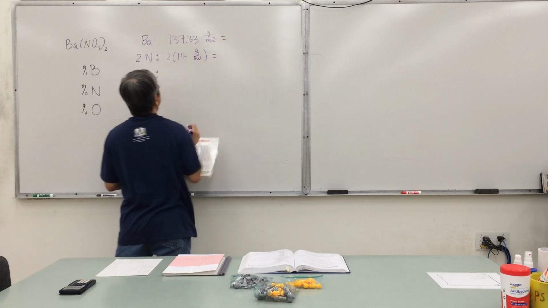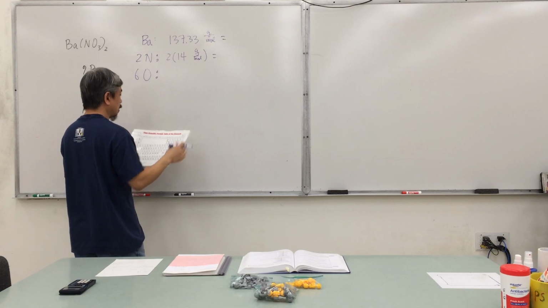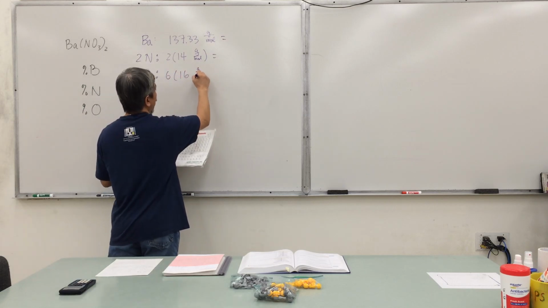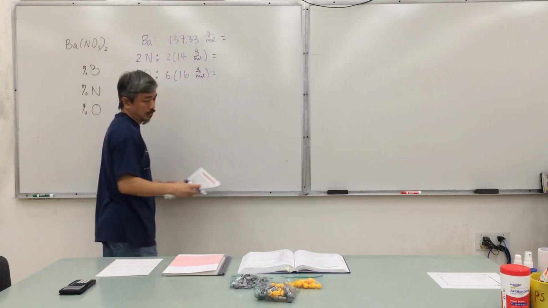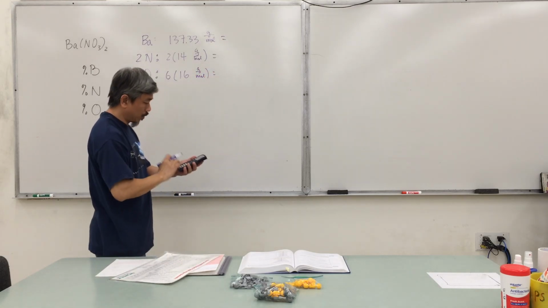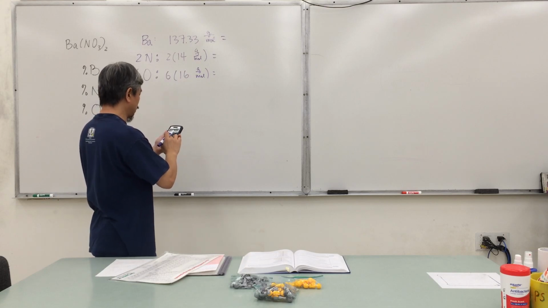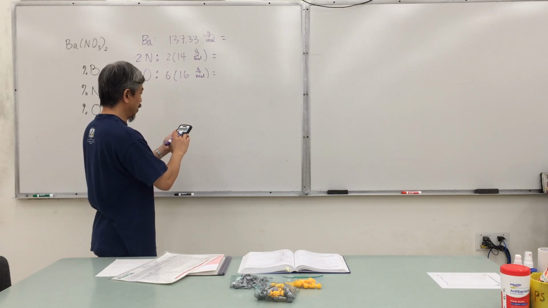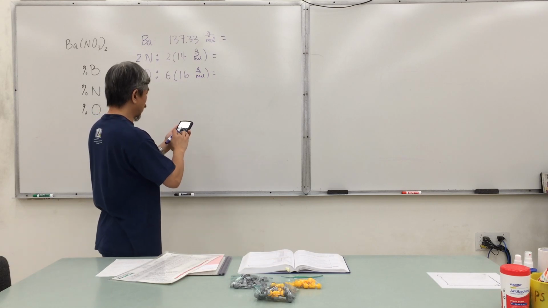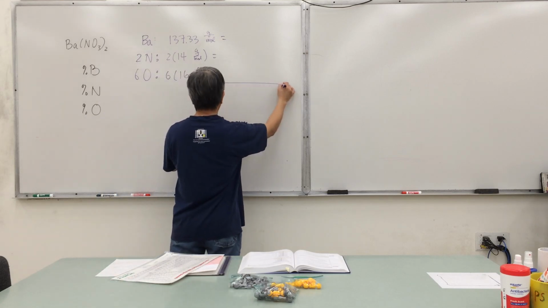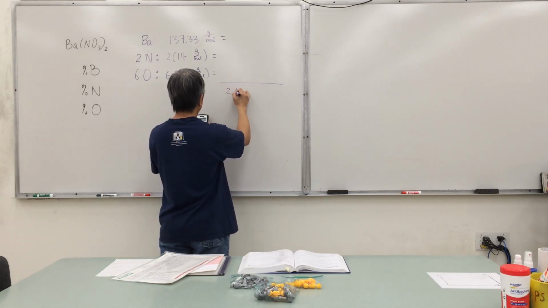Then over here, for oxygen, you now have 6 times, again, we'll round it off to 16 grams per mole, equal to. So if you go ahead and work all this out together, you're gonna have 16 times 6, added to 14 times 2, added to 137.33, and you end up with a total of, over here, 261.33